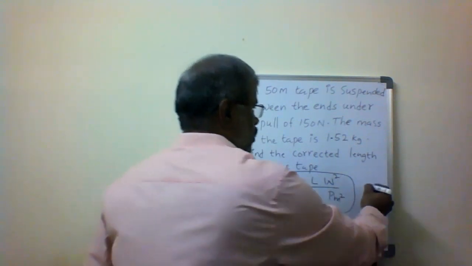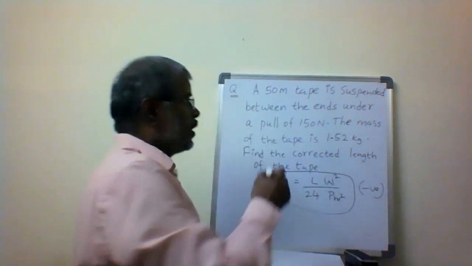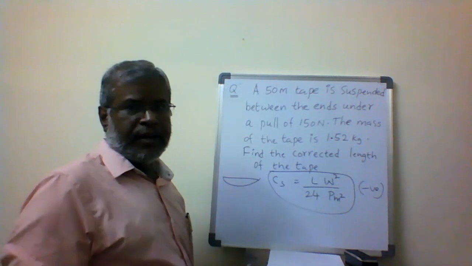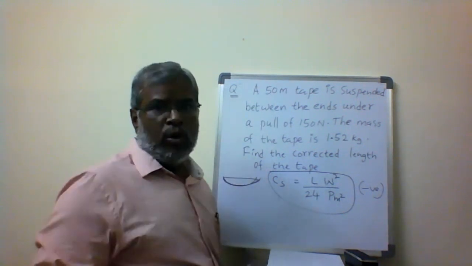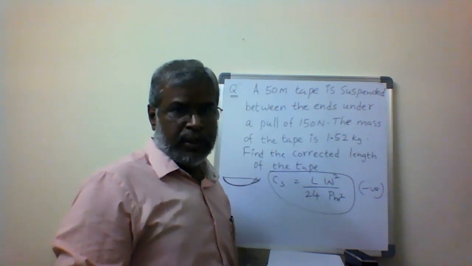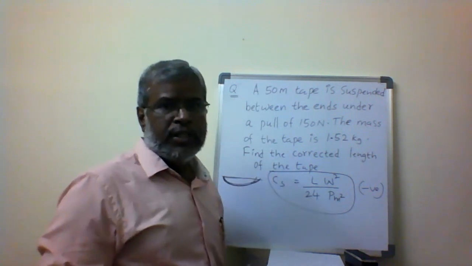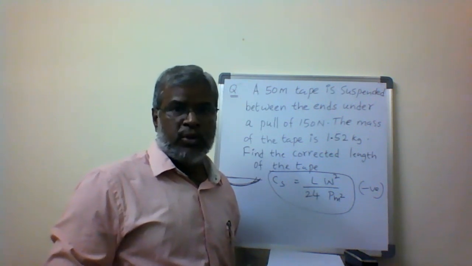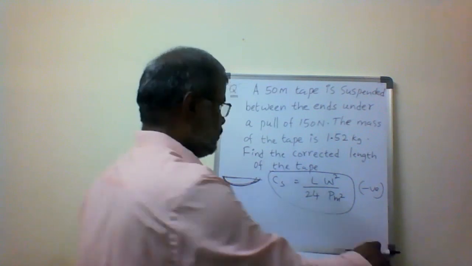Sag correction is going to be negative because sag is going to occur. When the tape sags, more distance is going to be measured instead of the straight line. This is the straight line, and this is sagging, which means more distance is measured. So the error is going to be positive, and the correction we apply is going to be negative.